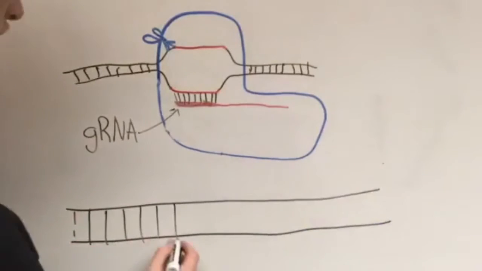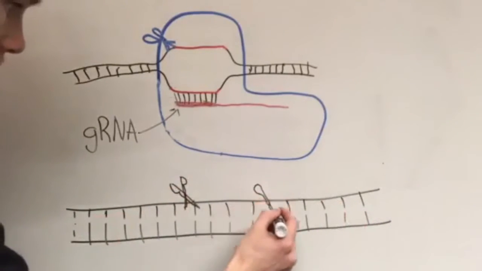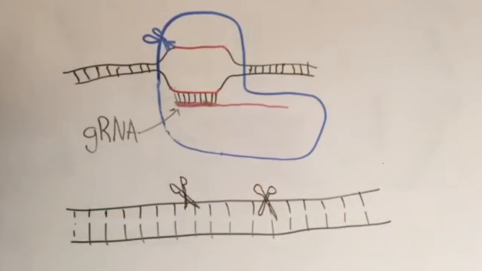So now what scientists can do is that if they have DNA they want to cut, they can create a guide RNA that has a corresponding bit of RNA. What happens is that the DNA will feed into it, and once in place it will be cut, thus inactivating the gene. The cell will try to fix the strand by creating mutations through insertions and deletions, but they can still effectively inactivate the DNA because they know exactly where to cut it.